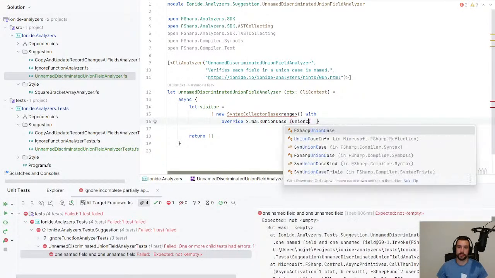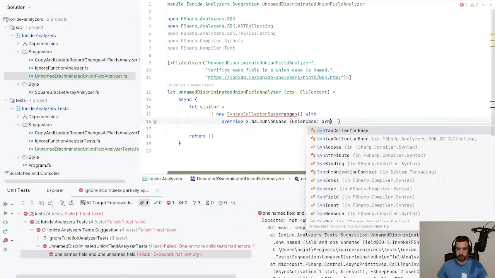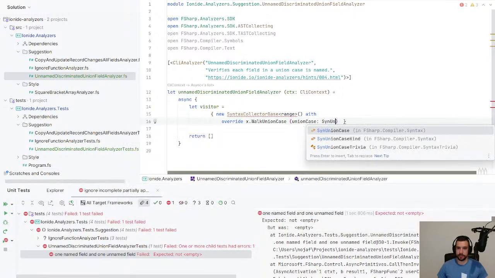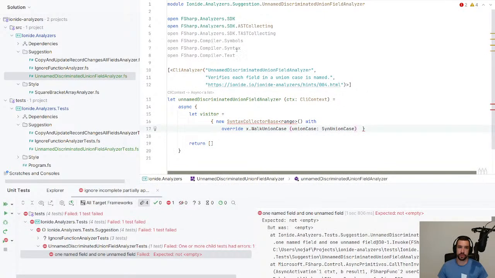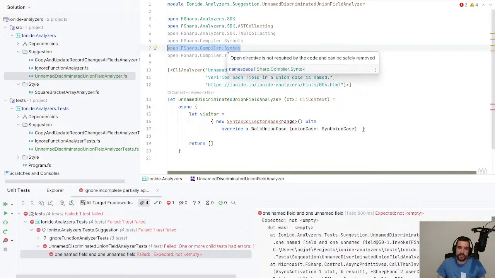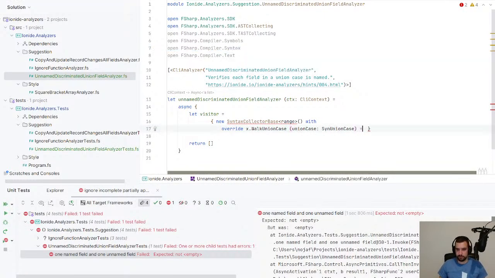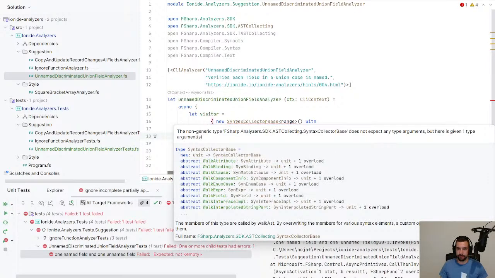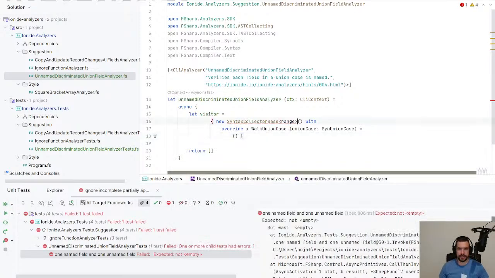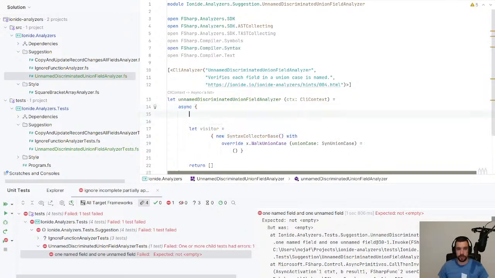Union case, which is going to be a SYN union case from the compiler syntax tree. I know the compiler syntax tree pretty well by now, so I'm just going to gloss over and act that this is all normal. It's not, but over time, it's always the same thing. So it actually doesn't expect anything. There we go, and we're just going to create